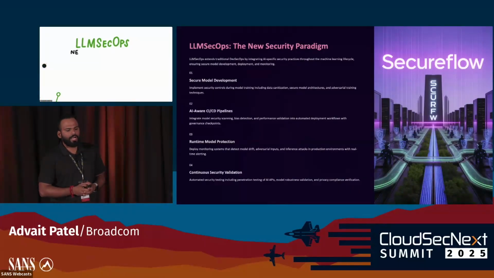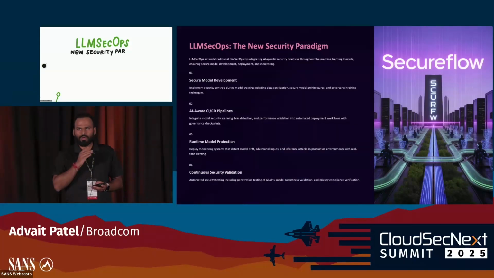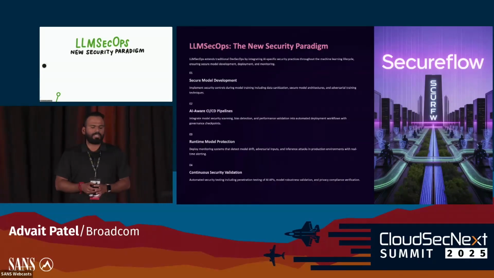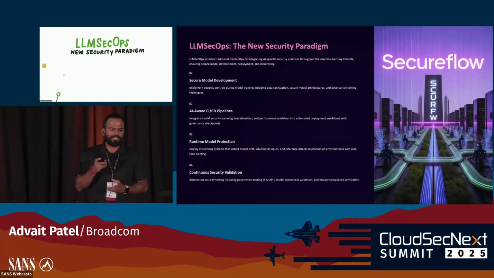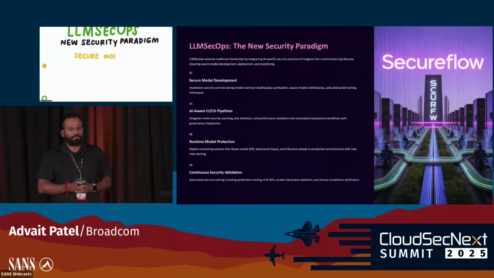The second thing is AI-aware CI/CD pipelines, right? Where AI helps us scan all the vulnerabilities that are in the pipeline. Doesn't matter if it is a 5-stage process or n number of steps in the pipeline, right? It scans everything. It validates before going into the next workflow, and also it deploys those governance and audit checks at regular intervals.